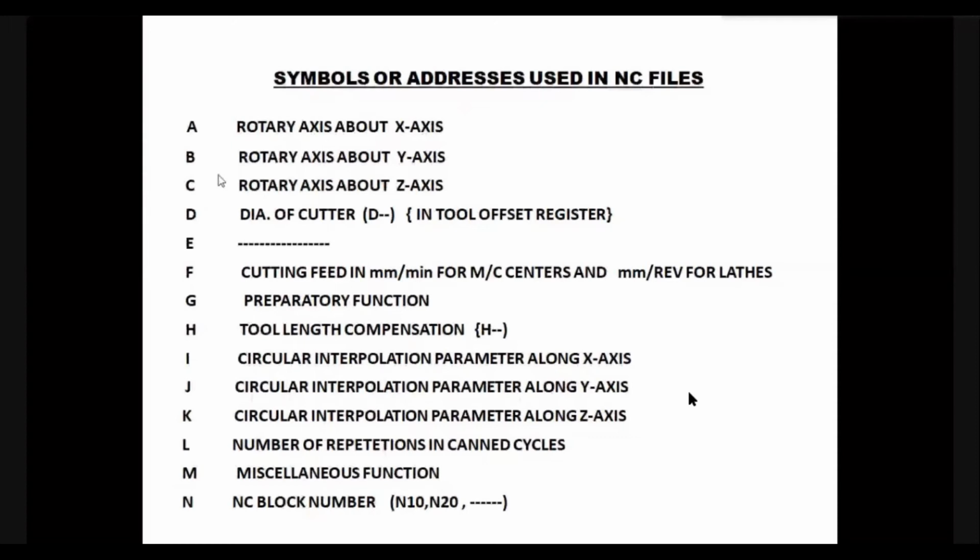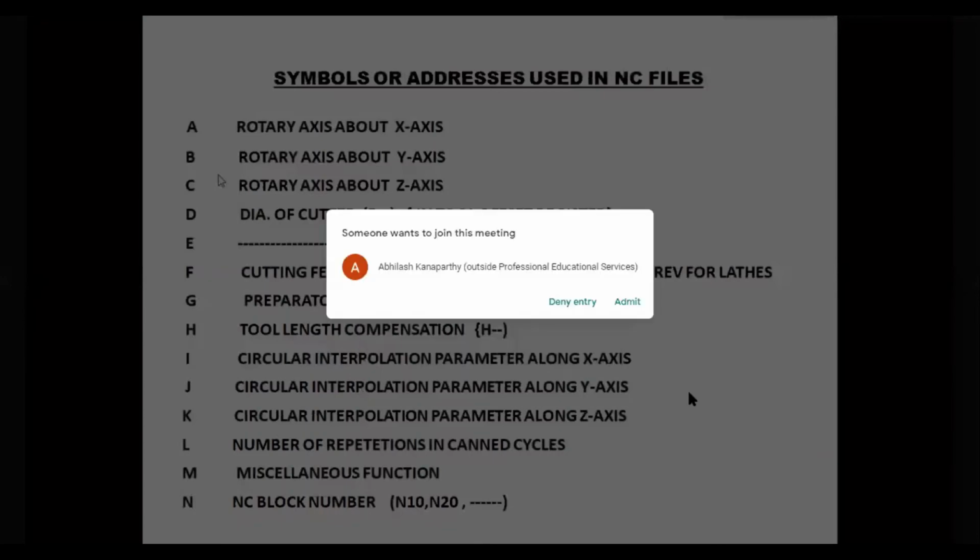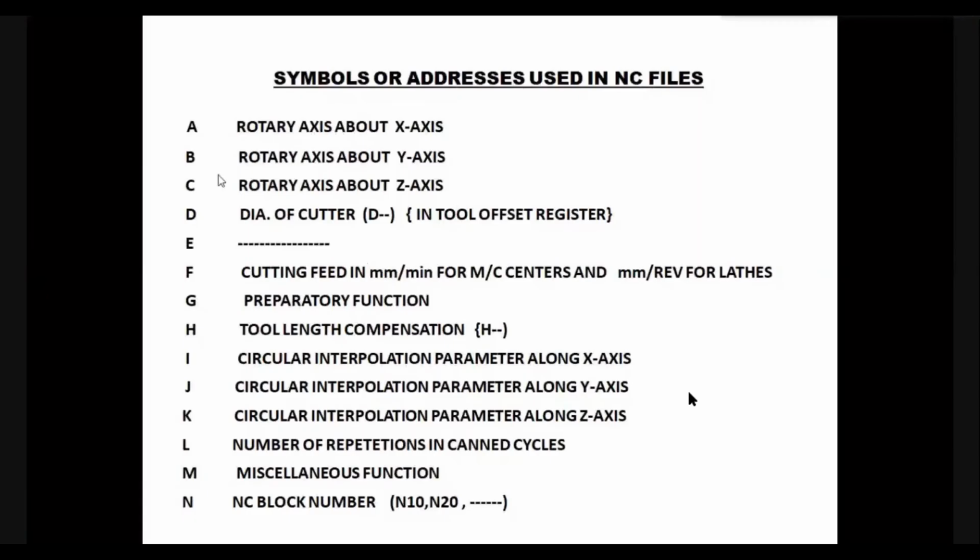Okay. So L stands for functions in canned cycles. See, canned cycles are inbuilt programs of the CNC. Without these programs, the number of lines that we have to edit will be very large, and most of the memory will be eaten up by a single program. So these inbuilt programs will simplify the method of input data, the data that we will be entering into the CNC program.